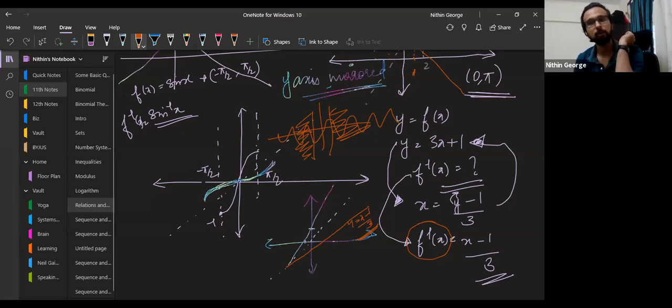So what I do to find f inverse, did you get this? I just write x in terms of y, and then replace y with x. And then it comes out to be the same thing. That's the idea here, guys. So you get 3y equal to x minus 1. Put x equal to 0, y equals minus 1 by 3. It works out. Put y equal to 0, you get x equal to 1. Sorry, this will be 1 comma 0.